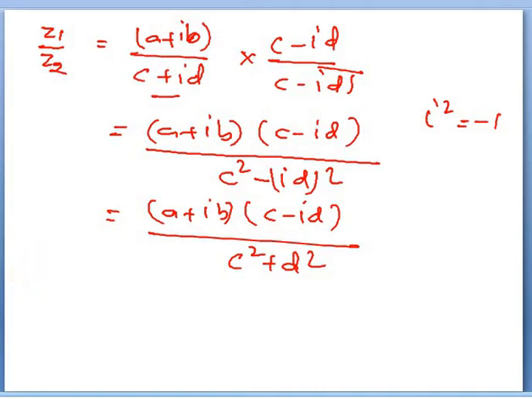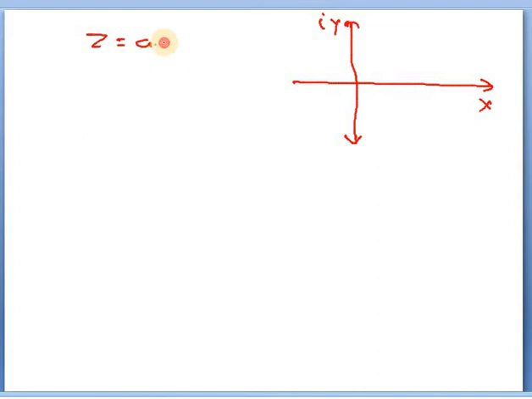Now moving to the modulus. What is the modulus of a complex number? Suppose I have to represent the complex number on the Argand plane. The x-axis is real and the y-axis is imaginary. If a complex number is z = a + ib, then this is one point, (a, b), where b is on the imaginary axis. The modulus is the distance of the complex number from the origin.